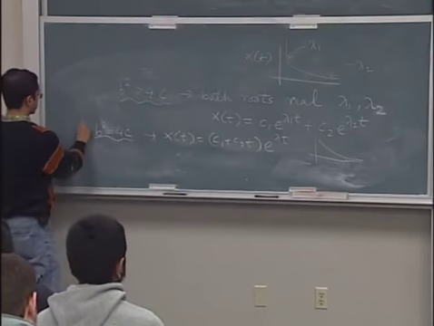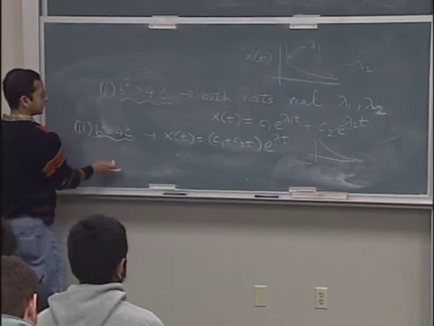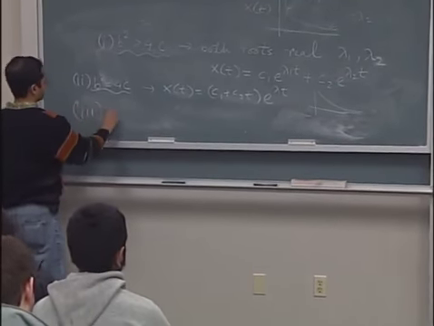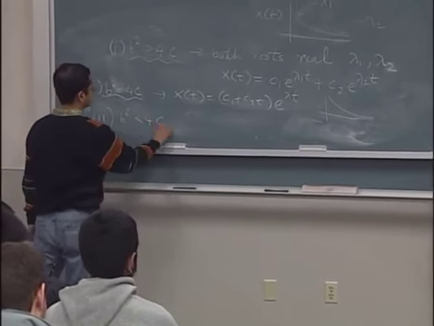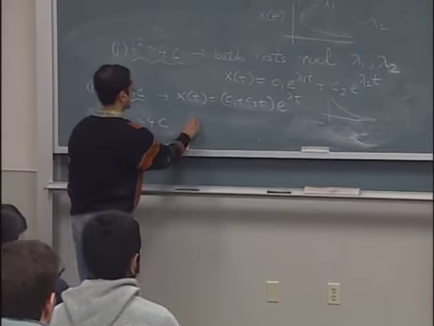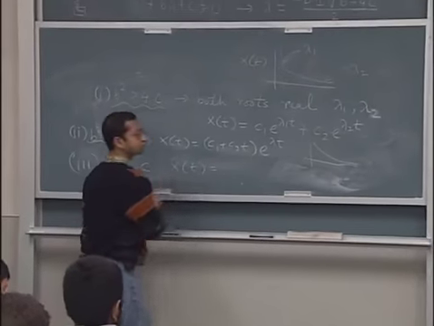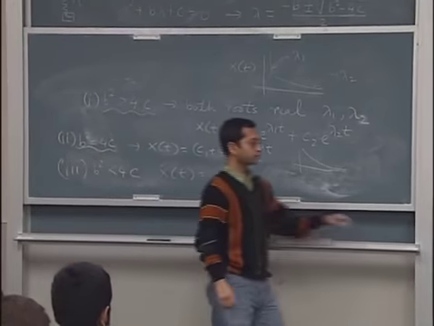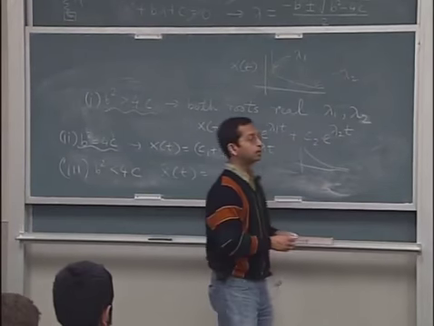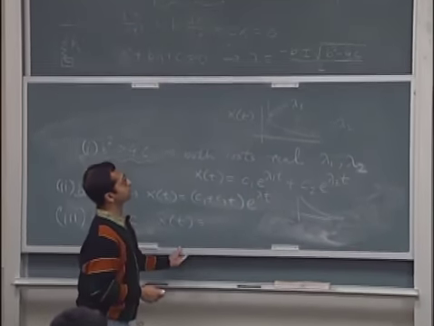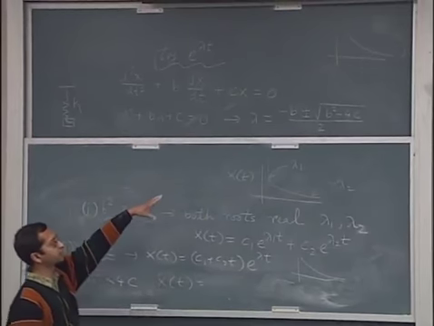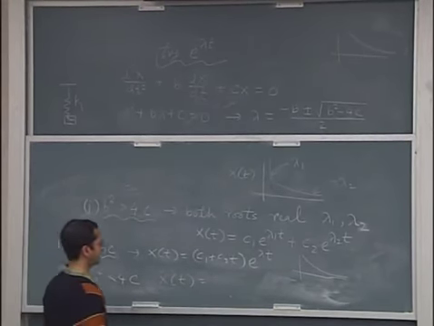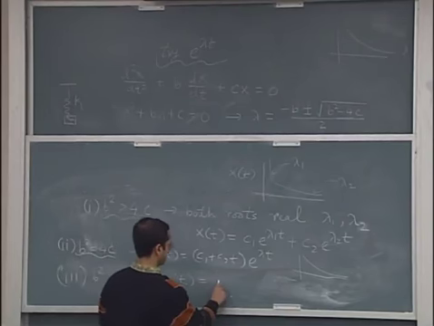And the third case, so this is 2, this is 1, and the third case where b squared is less than 4c, then what type of solution do you expect? Sinusoidal. So if b squared is less than 4c, look at the root, you are going to get an imaginary number. And as we discussed, imaginary numbers, they come in pairs. So the solution is